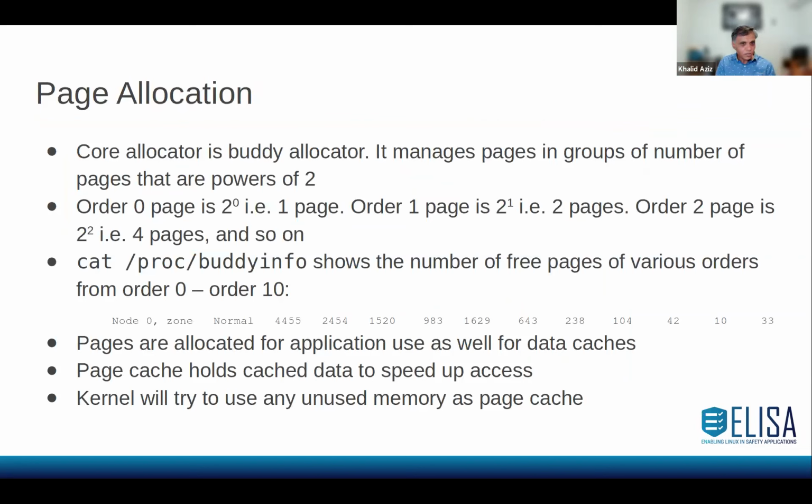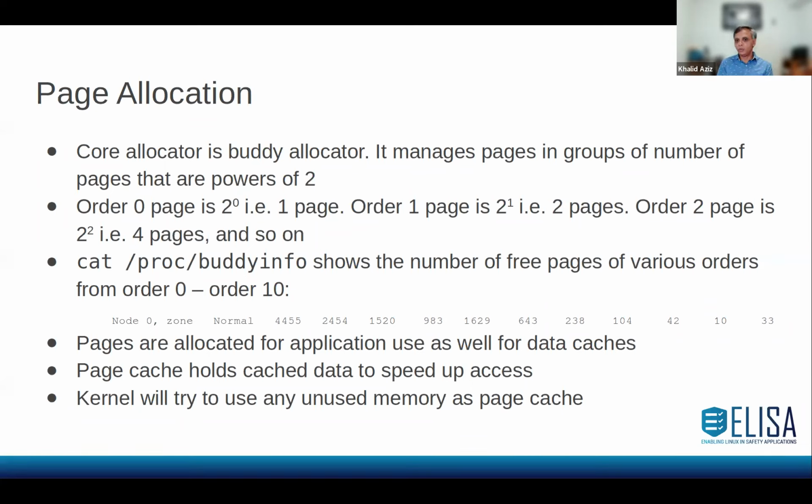Okay, so we talked about how pages are managed, and then we talked about how we allocate pages and manage them using the page table. So let's talk about how page allocation works in the Linux kernel. In the Linux kernel, the core allocator for managing the free pages is a buddy allocator. It's called a buddy allocator primarily because it manages pages as sets of buddies. So it will group pages in numbers that are powers of 2. For instance, 2 to the power 0,